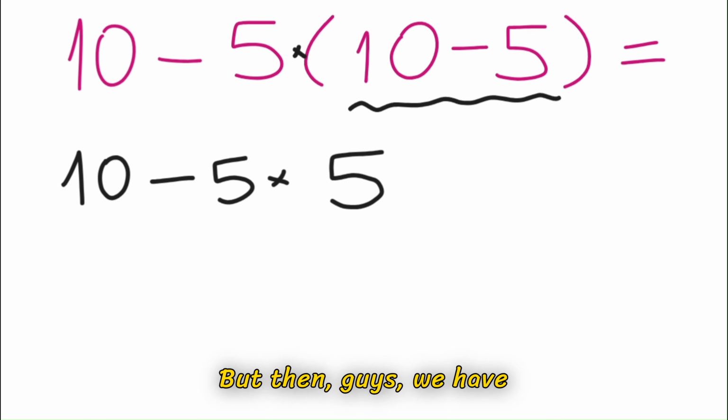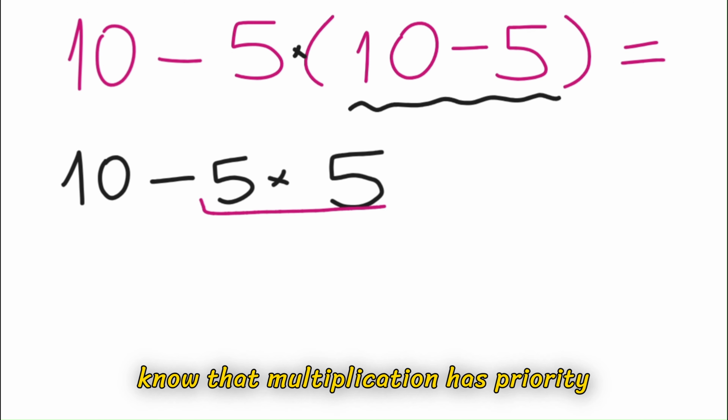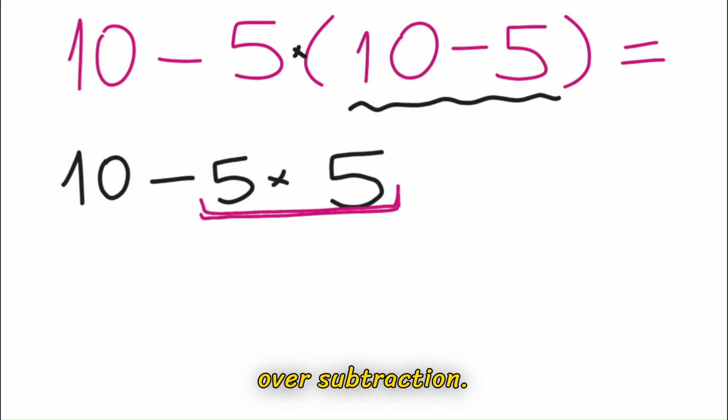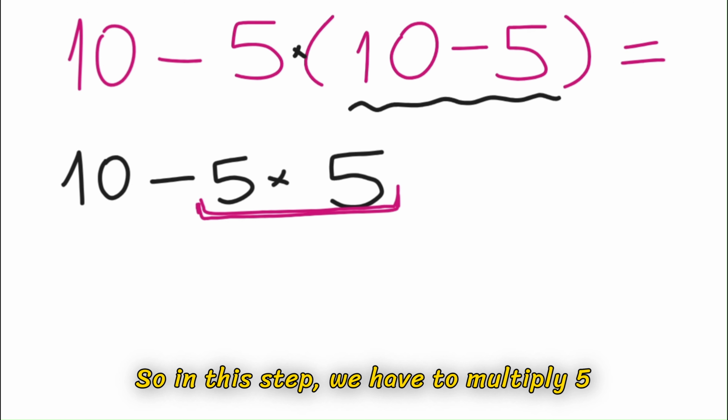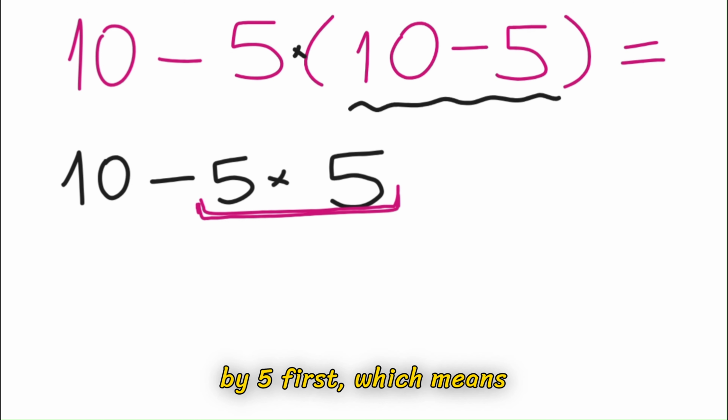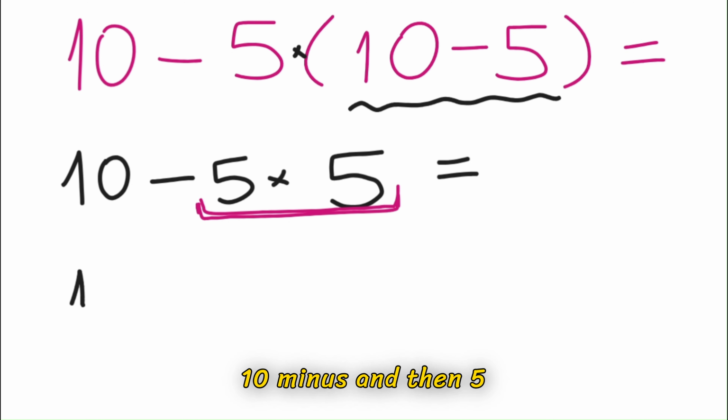But then guys, we have multiplication here, so we know that multiplication has priority over subtraction. So in this step we have to multiply 5 by 5 first, which means 10 minus, and then 5 times